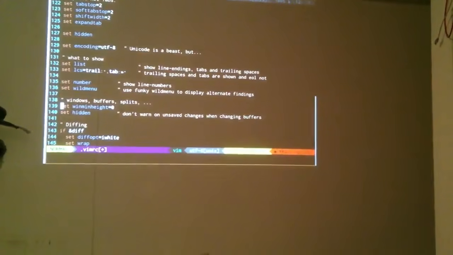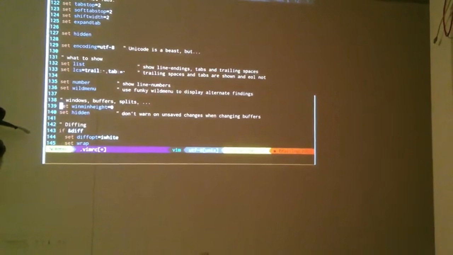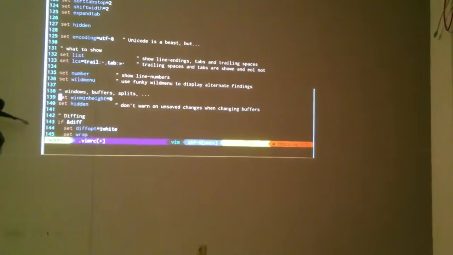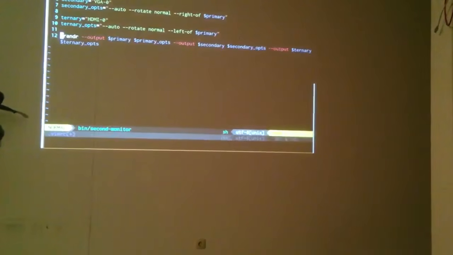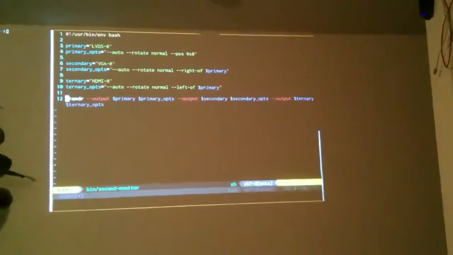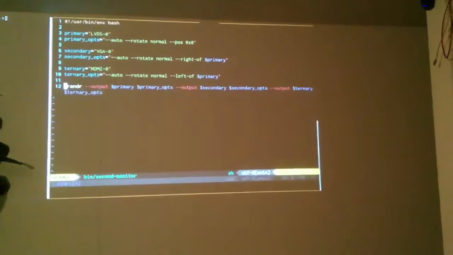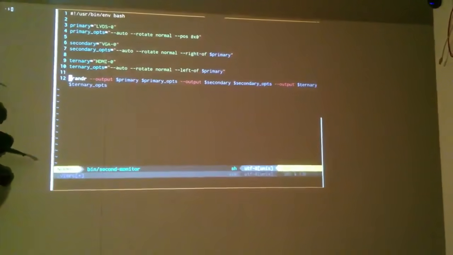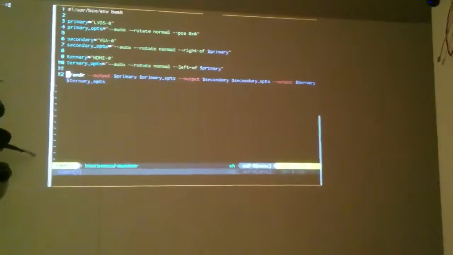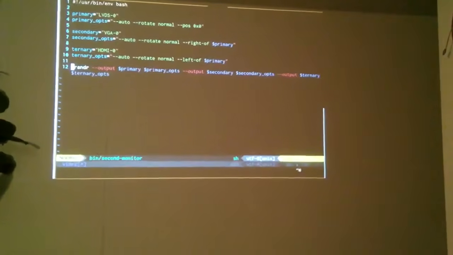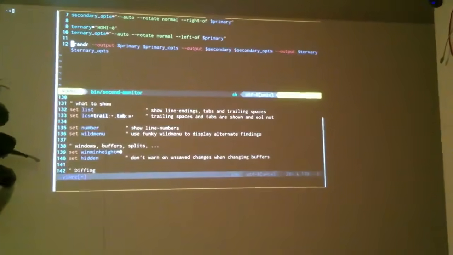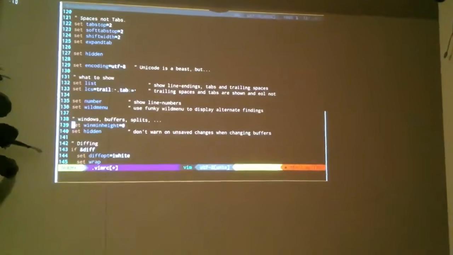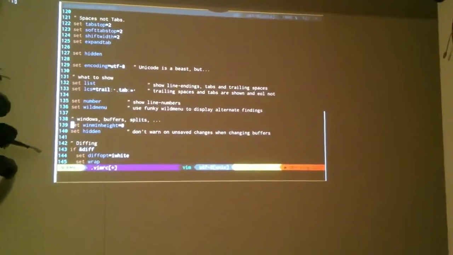The min height is something I need to use later, because as you can see with the script I have also open, the bin second monitor. I have multiple vertical splits stacked like that, and it works for me, and I'm totally aware that it's not working for everybody. So if I want to split things, I want to see them both, I have to do some extra work, because if I change, there's an auto command to expand the current window to full height, and